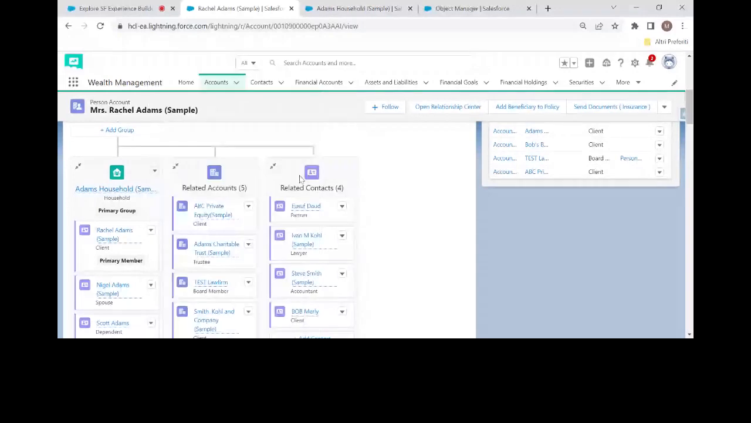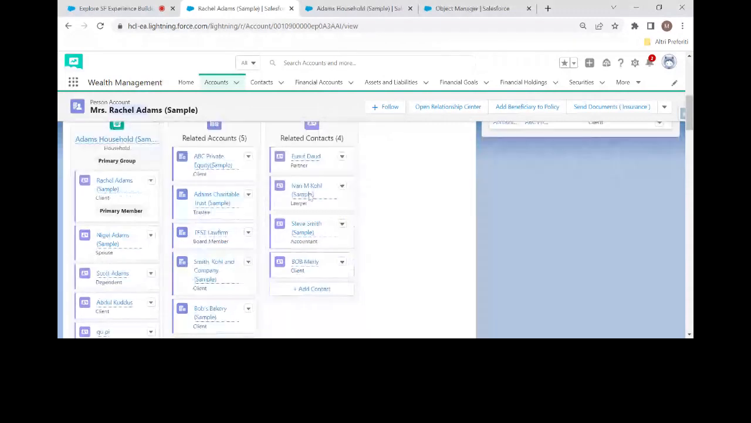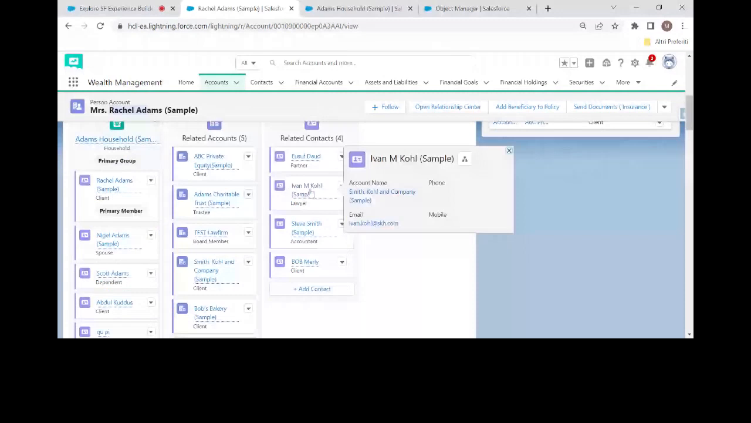In relationship, we are seeing two other things. One is related account, which is relationship between two accounts, and related contact, which is contact between this person and the other person, another person. And here contact is always a person, not a business entity. Okay,